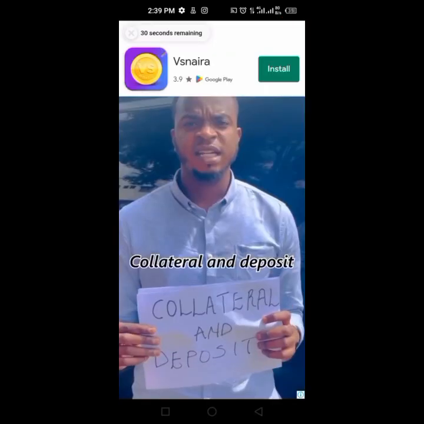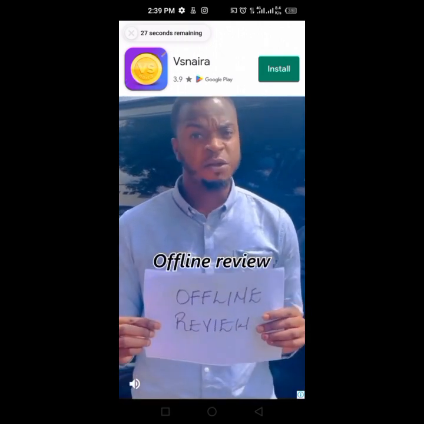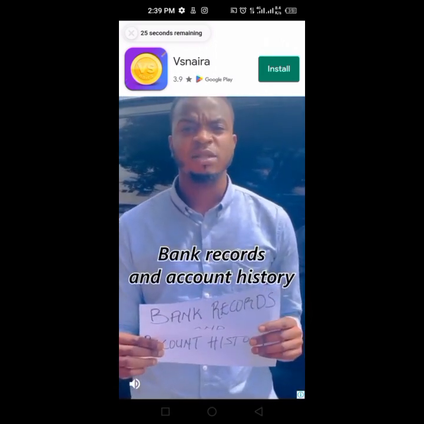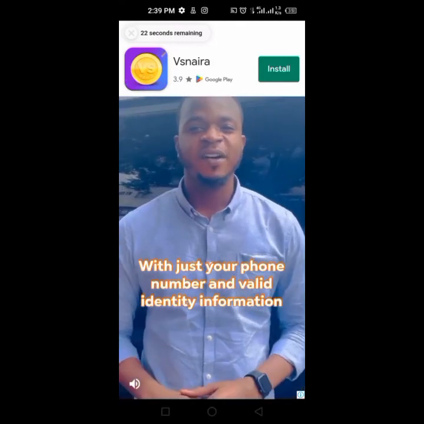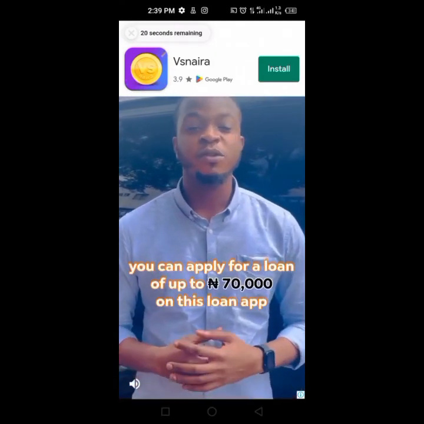but you have to watch withdrawals and deposits offline, bank statement and account history. You just need a phone number and valid identity information, and then apply for a loan of up to 500,000 naira